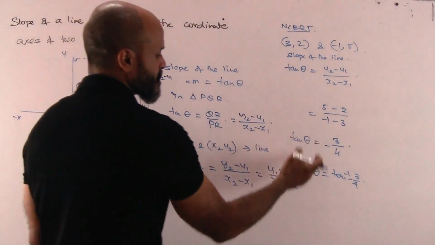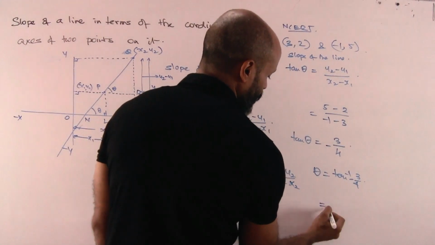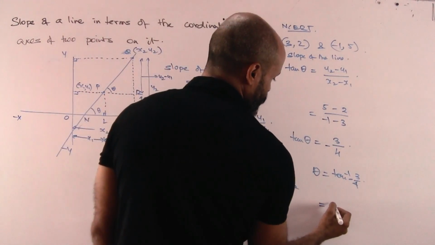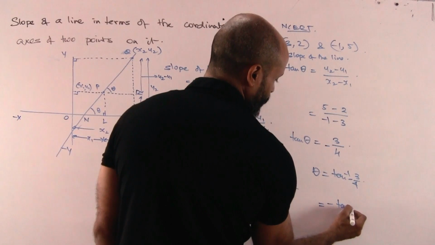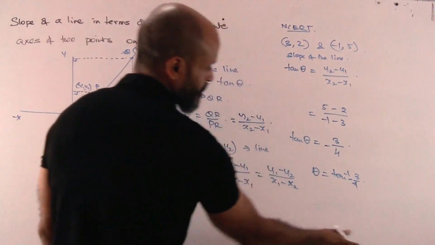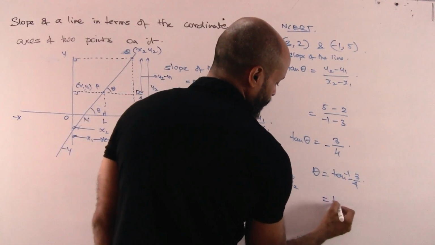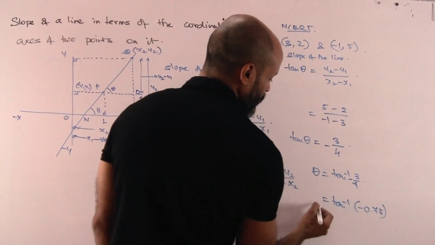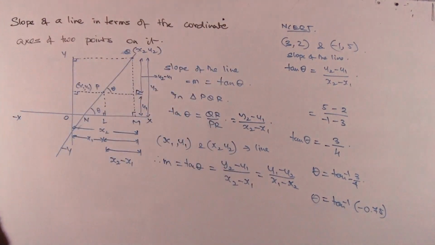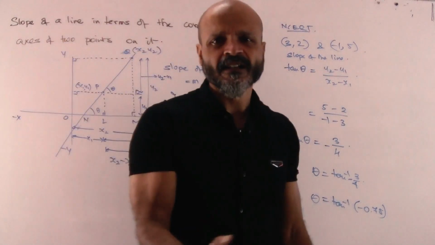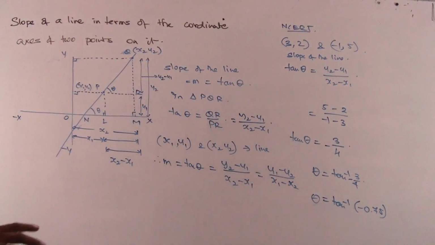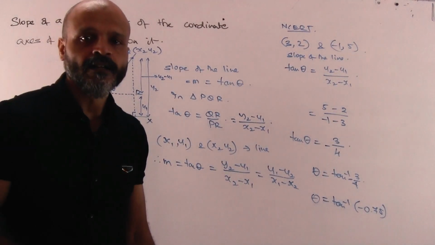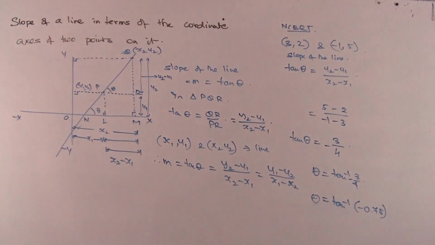Okay. So this can be calculated as, see, just one moment here. So this will be tan inverse of minus 0.75. Okay. This is something that we have to look up in the book. We have to refer to the log table to find this out. So I hope this is pretty much clear, not a very difficult concept to understand and comprehend as well. Still, if you have any questions, feel free to post them in the comment section.